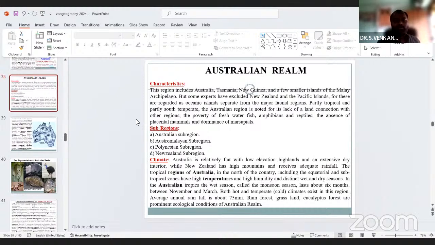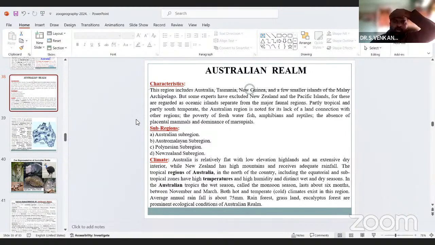This realm includes Australia, Tasmania, and New Guinea, and a few smaller islands, mainly archipelago, but some experts have included New Zealand and the Pacific Islands, which are regarded as oceanic islands separate from the major faunal regions.